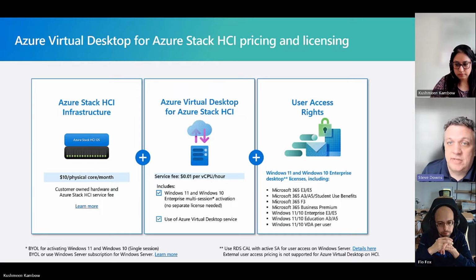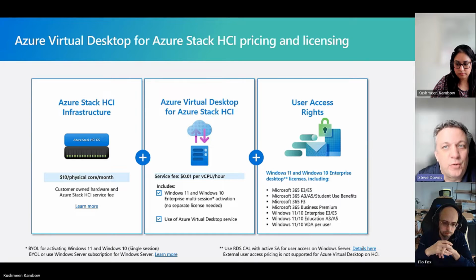It's not like their laptop that's sitting on their desk. You also, in that scenario, need an RDS CAL. So you have to purchase an RDS CAL, or it might be a SAL, for each user or device to log in to that Windows Server experience. On the other side, you have the Windows Client single session OS, whether it's Windows 11 or Windows 10. In that scenario, it is the full, local, physical desktop experience, but every single user needs their own virtual machine.